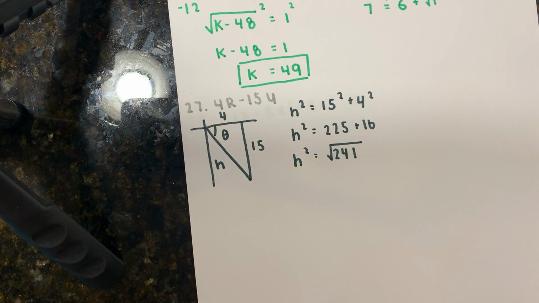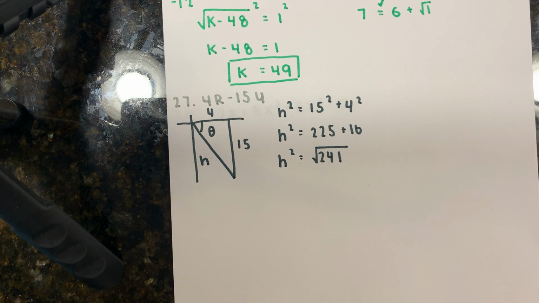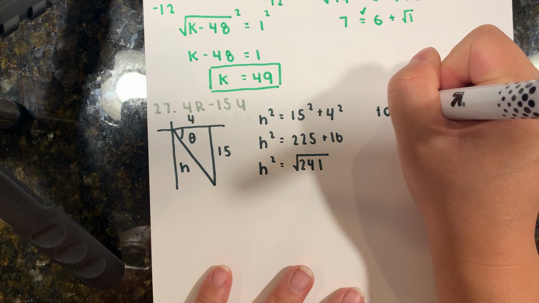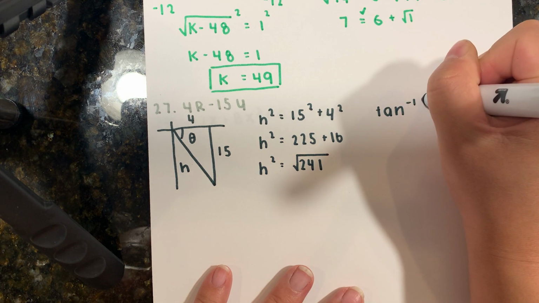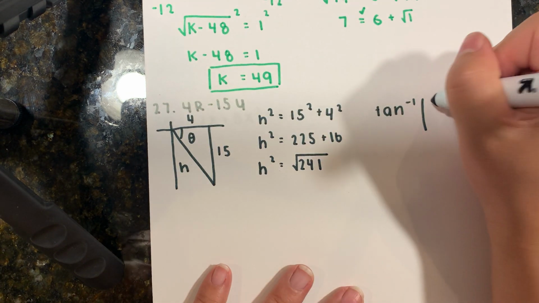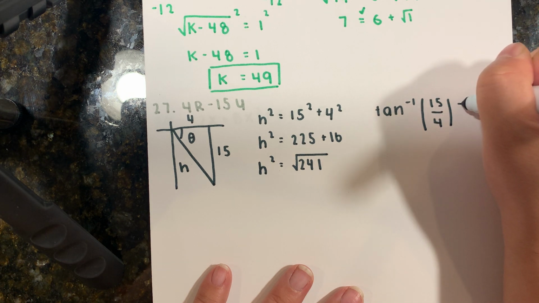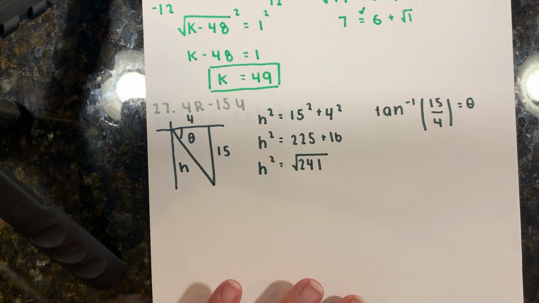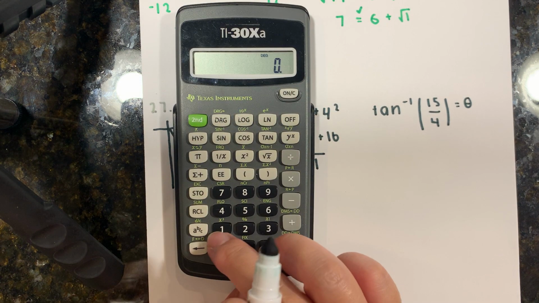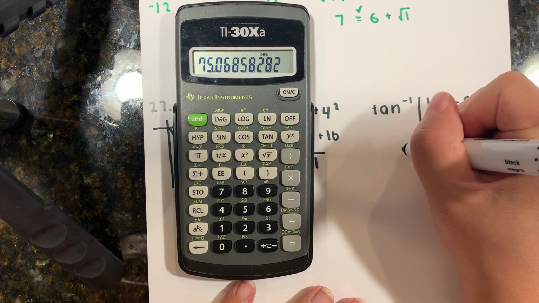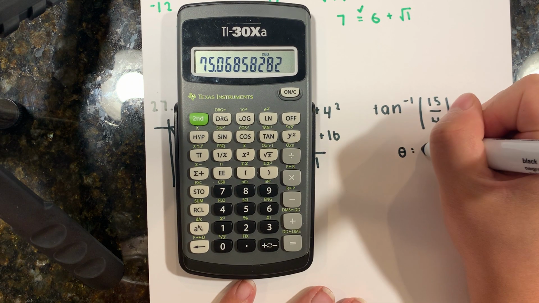And I don't think that has a square root. The square root of 241, so we're just going to leave it like that. Then we're going to use inverse tangent to solve for the angle, and that's always opposite over adjacent, so that would be 15 over 4. So that would be 15 divided by 4 equals inverse tangent. So that means theta is equal to